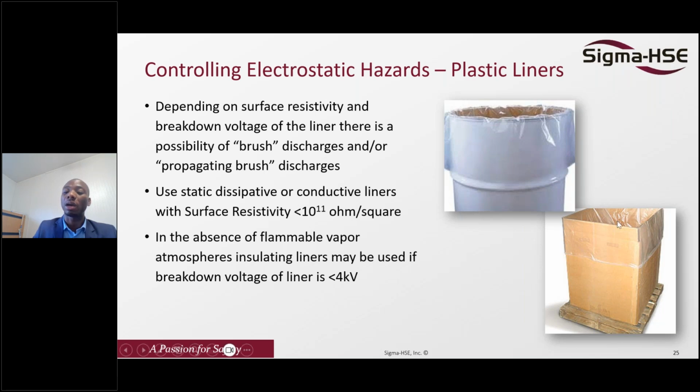You know, plastic liners. Sometimes we have these linings in the powder industry, where you have a metal container, and sometimes a fiber drum. If you are handling flammable material, this material needs to be static dissipative. For example, if you are handling a material in a non-flammable atmosphere, such as a solvent, then you can measure the breakdown voltage using a field meter. If it is below 4 kilovolts, then it's sufficient. But always you need to ensure that these materials are static dissipative and bonded and grounded.